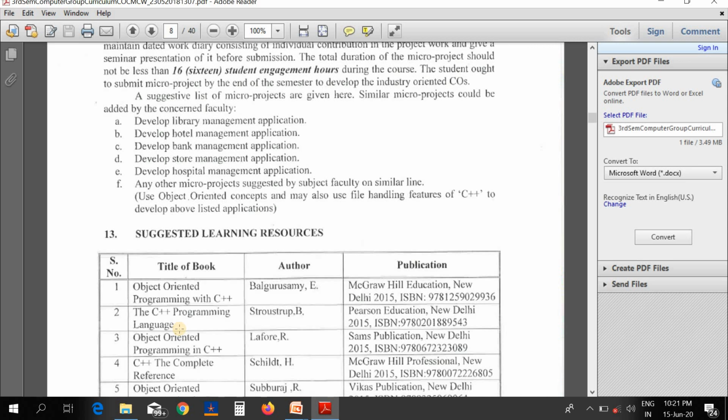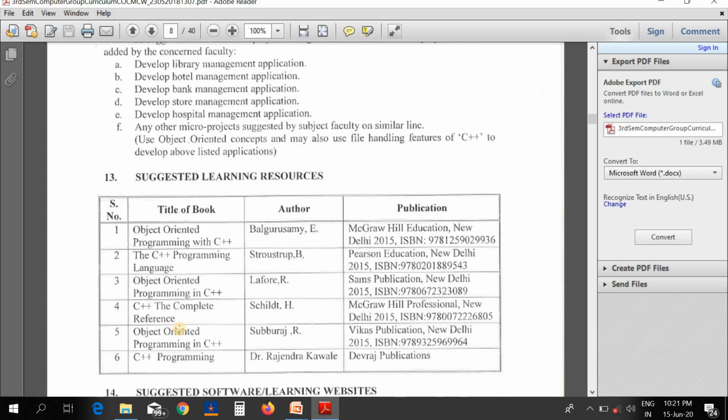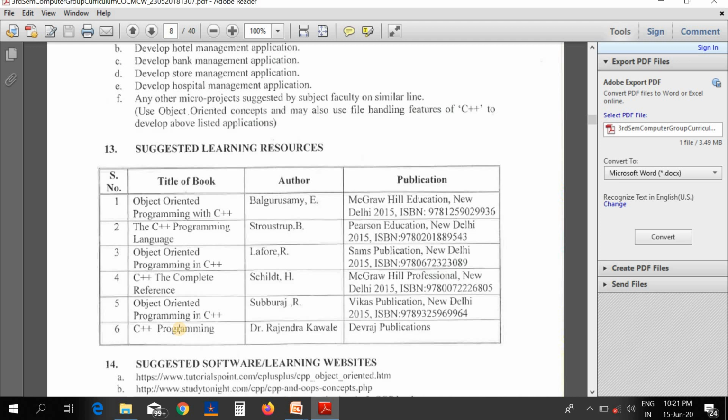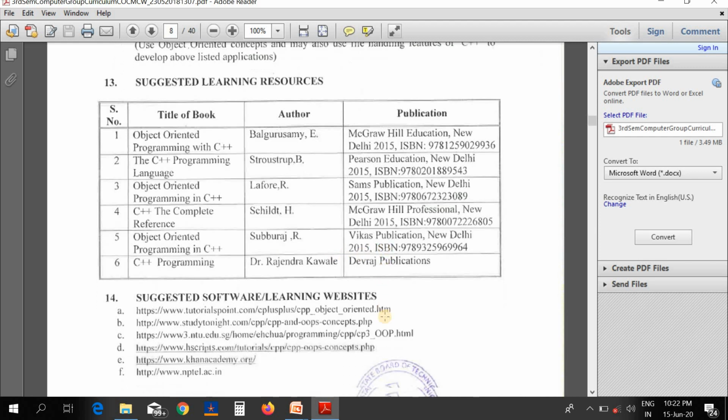You want to do one micro project for object-oriented programming. And the last is the learning resources. Here are shown the different reference books for object oriented programming, and different software and learning websites.